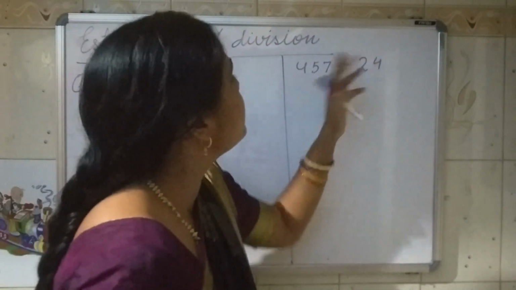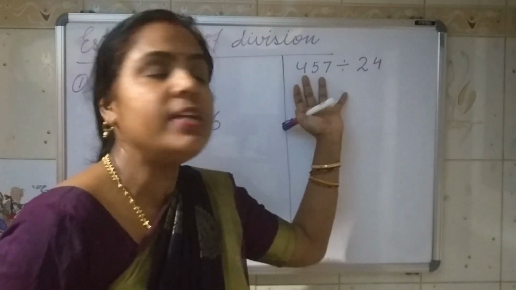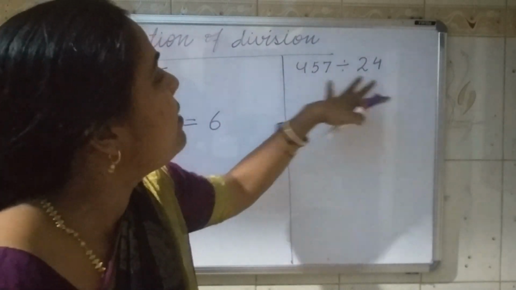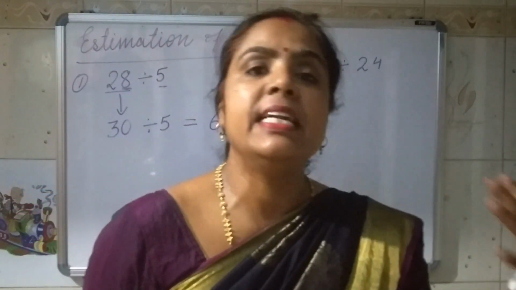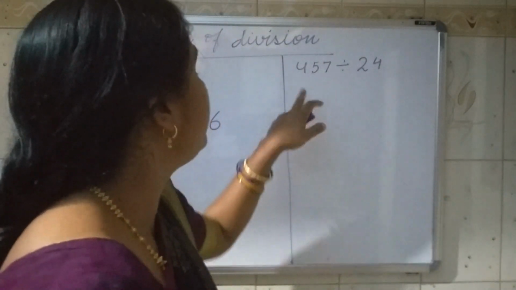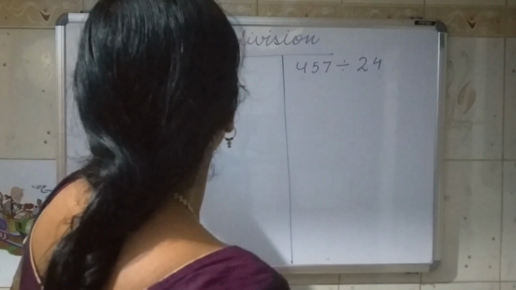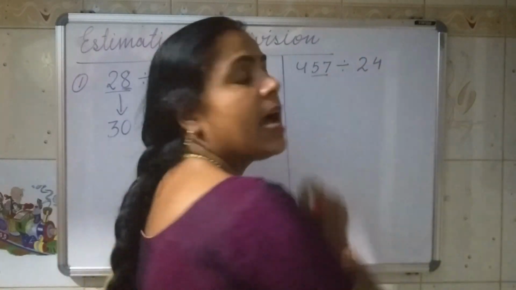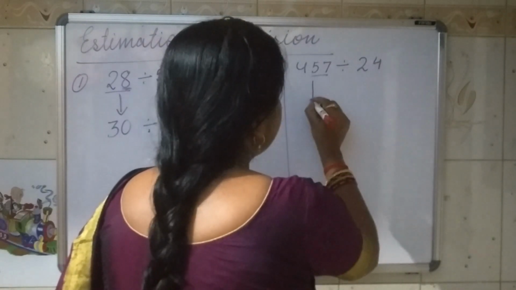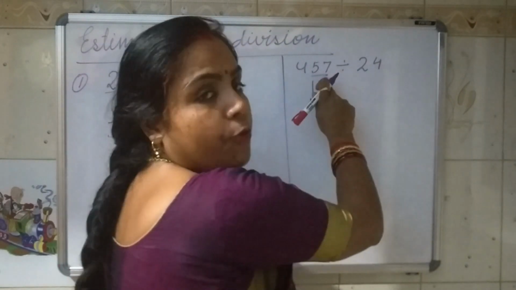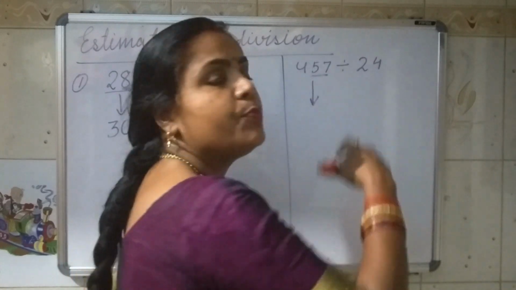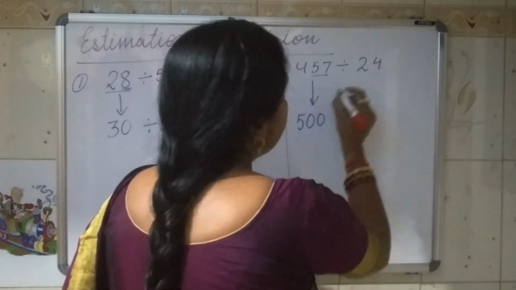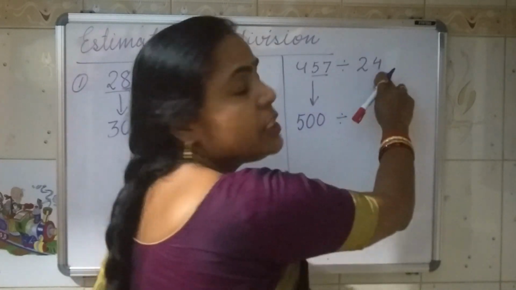Now in this case, the dividend is having 3 digits and the divisor is having 2 digits. So it is not given whether we have to round off to the nearest 10, nearest 100, nearest 1000. So the same process we will repeat. Here it is 2 digits, we have estimated the nearest tens. Here it is 3 digits, we will estimate the nearest 100. So 457, when we are going to round off 457, 57 is more than 50. So it will go to 500 divided by, divisor is 24.